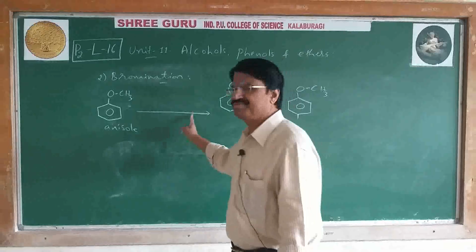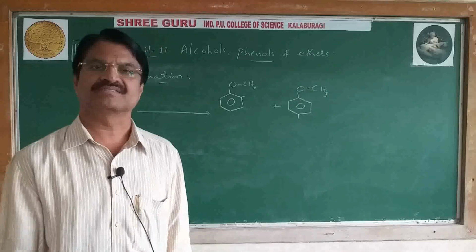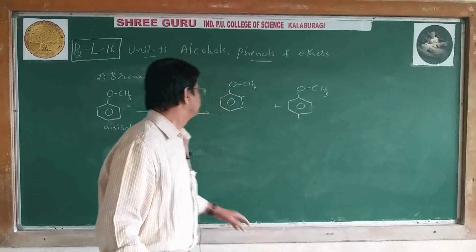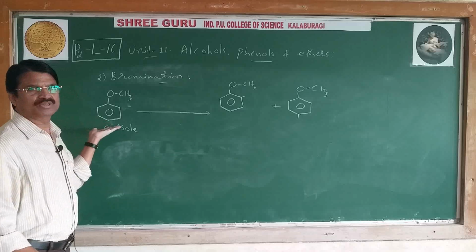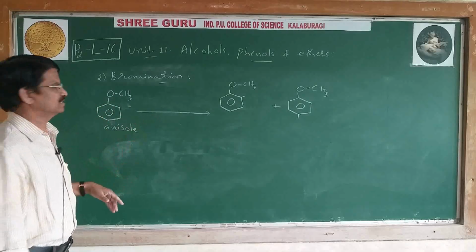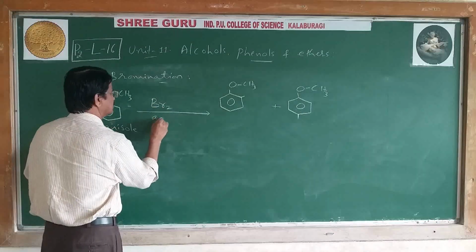But here we are not using ferric bromide, because even in the absence of ferric bromide, the reaction occurs. Means halogen carrier is not required, since the methoxy group is an activating group, and the reactivity of anisole is more towards electrophilic substitution reaction. Hence, bromine in acetic acid,